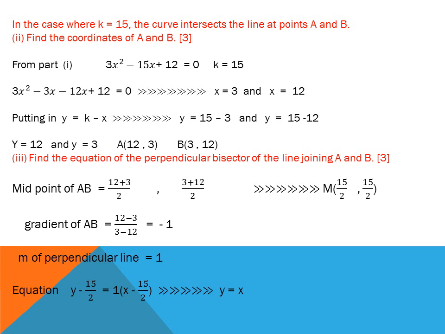Equation of line, y minus y1 equal to m into x minus x1. If I simplify this, then the equation of line is y is equal to x. From the midpoint we know that the x and y coordinates are equal. It means y is equal to x is the equation. I only solve it for your easiness, because the question carries 3 marks, we should show the total working here.